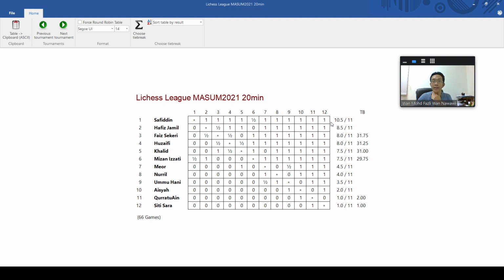So try to get something, because next year maybe Safiddin is not here, Mizan is not here, so you lose the opportunity to play against strong players. Nuril, I don't know, Nuril is still here. Huzaifi still new, Faiz still here, Hafiz maybe not, maybe yes. So we will see. Try to do something for the second league.